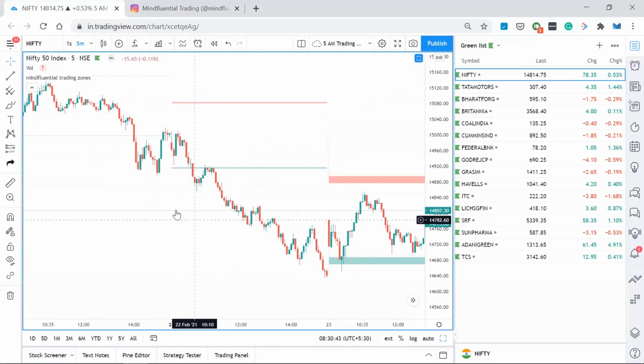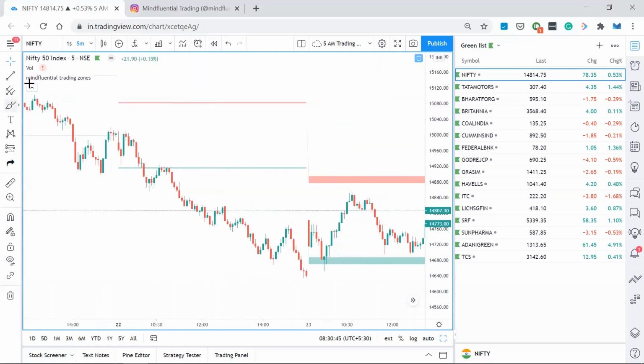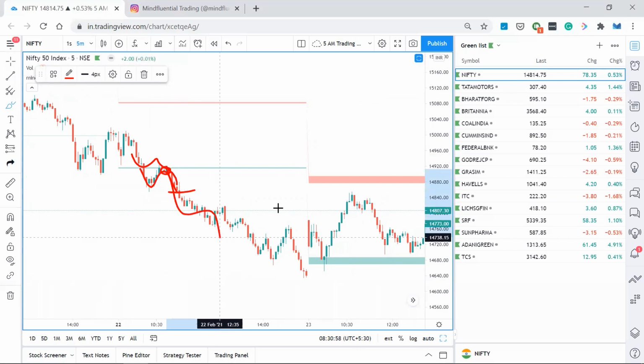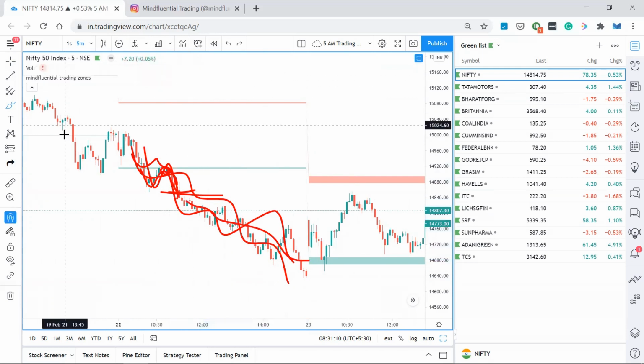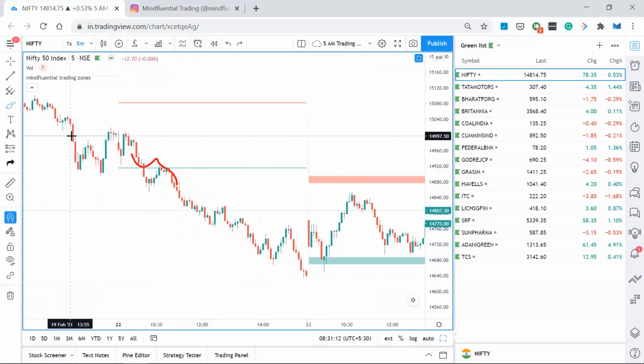The second thing is, let's say the price touched this and then did not sustain the reversal, but broke this particular level. In that case, once it breaks this level, retests and comes back again, there would be huge momentum on that particular day. So it also confirms a trend continuation on that day. Once it breaks the level, retests and then breaks again, you can take up the trades accordingly using your price action techniques. So that would be the other way.